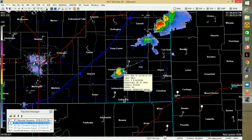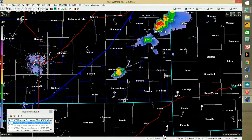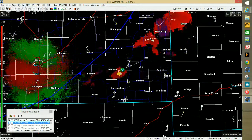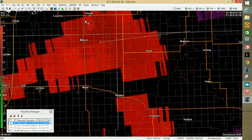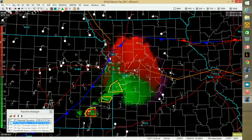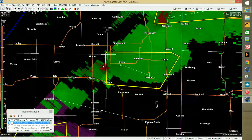which with a tornado warned storm, that's one thing. With these, look, these are just taking a right turn, which makes me, I'm seeing some notches here. Let's look at the base reflectivity of these again. I might have to take that back to Kansas City. Let's look back at the Kansas City EAX site and see how this one looks. Yeah, here we go here, and here we go here. So all these three storms have rotation on the back side. So these have got to be watched